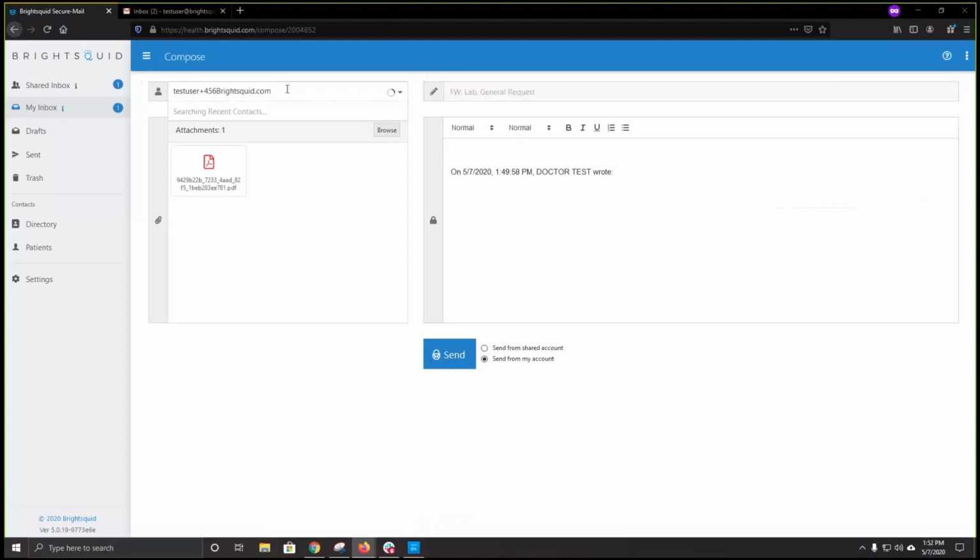.com. Now, as I type in the email address, the system searches for a match to try to find this patient to see if they already are registered in the BrightSquid Secure Mail service. If they are not, then it's a simple matter for me to invite that person to become a Secure Mail user. So in this case, I'm inviting my patient, who has the awkward email address of